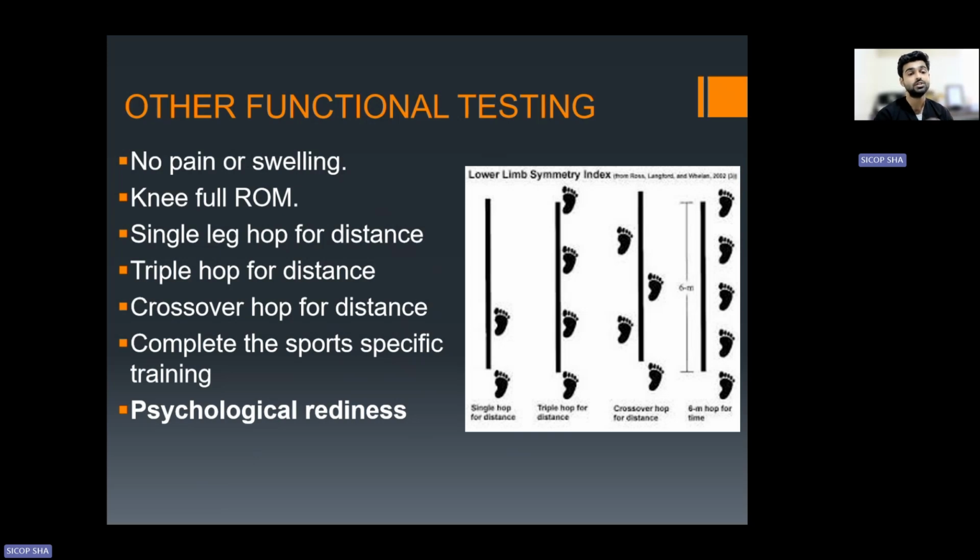Now, the athlete should complete sport specific training before directly going to the sports. Okay, so sport specific training with the isokinetic testing or training is very important. Now, last but not least, but very, very important criterion for return to sports is psychological readiness. If the athlete fulfills every functional test,